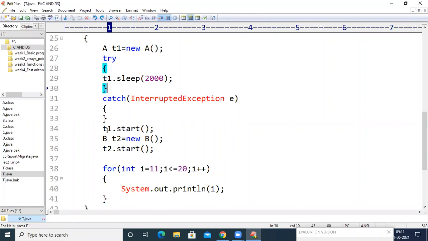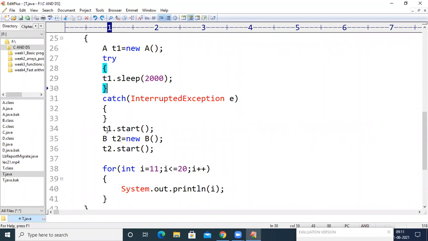Just for writing thread programs, just remember try and catch. Whenever we get an exception, keep the statements in a block and maintain the try keyword. When we maintain the try keyword, we have to maintain the catch block or the finally block. I will explain it later. If you don't know the type of exception, just maintain catch (Exception e).